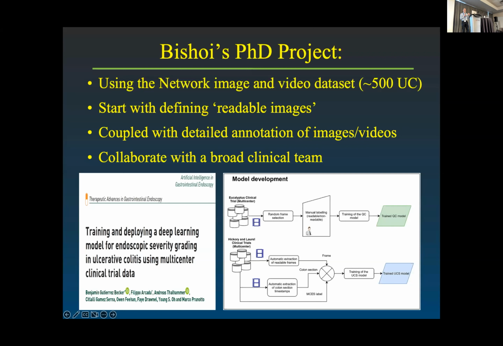We're armed by people like myself and a few colleagues who are experts and are able to do the annotation of these images and videos. So we have to teach the machine what is okay and what isn't, what is disease and what's not disease, etc. And through the network, there's actually an endoscopy committee, which is very much involved in collaborating on this.